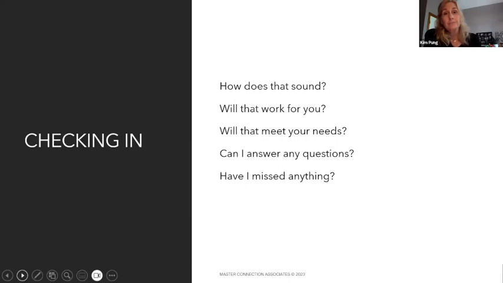So you want to check in and flush out any further hesitation, right? We don't want to move to a close until we feel like they don't have any questions left, they don't have any hesitation, and they're likely to go forward. So if we get here and it's like, I'm not really sure, I'm still a little bit concerned, we go back and we LEAP again. I can see that. Can you share with me what your additional concerns are, or what your boss is going to be concerned about, or whoever? Make sure we're flushing it all out so that we have that opportunity.